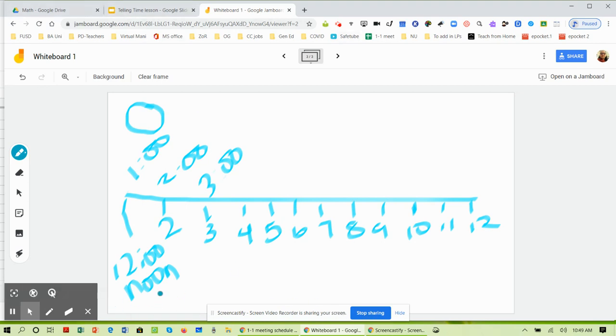Let's stop here and then we will do more. We'll do some activities and we will come back for